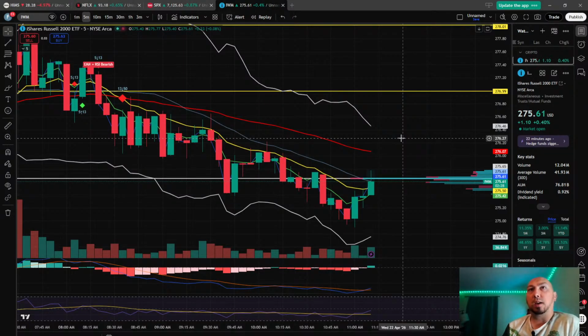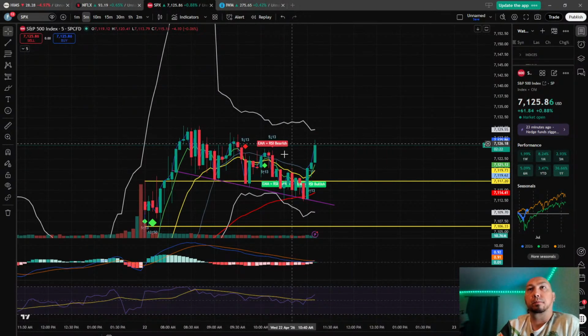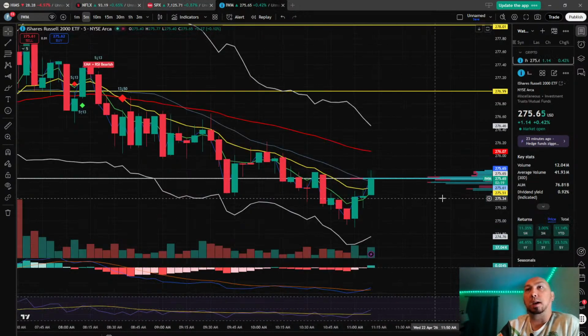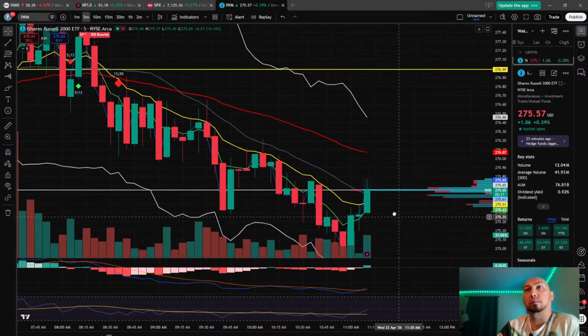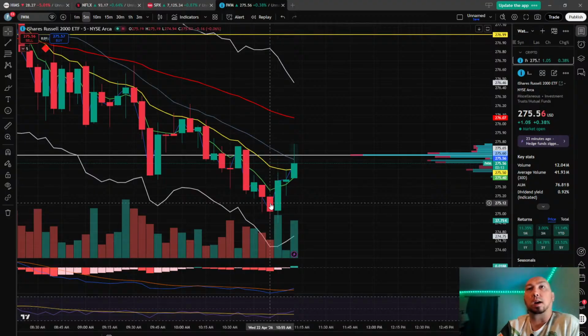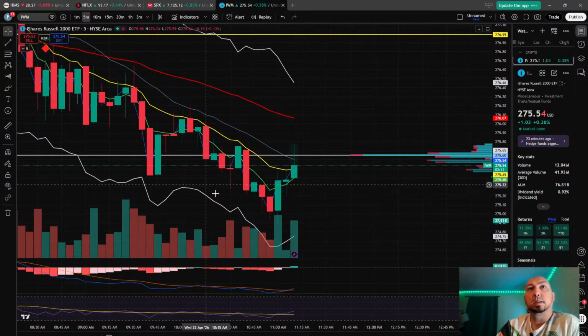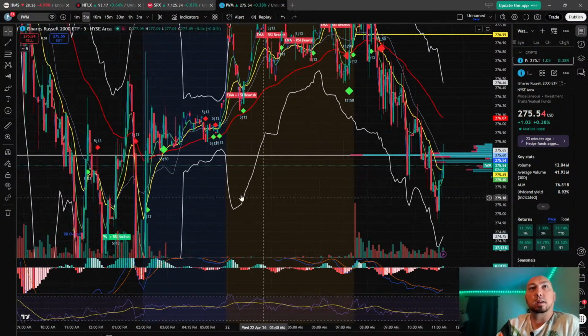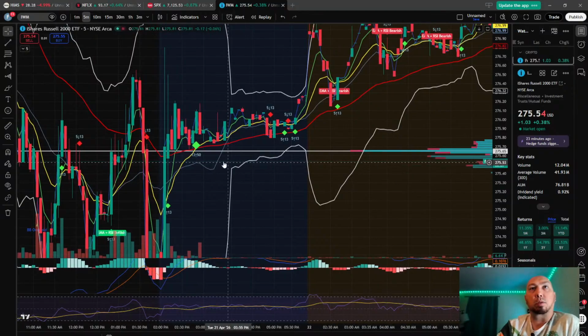But as this one failed for the day, and it looks like the SPY is doing all right, then this one might pick back up. But I want more confirmation. I'm not super sold on this being a bottom for the day.